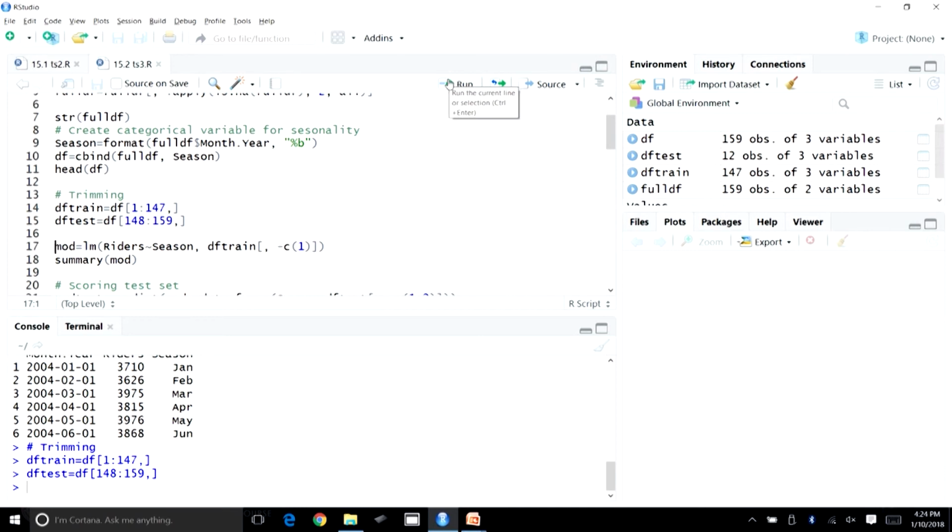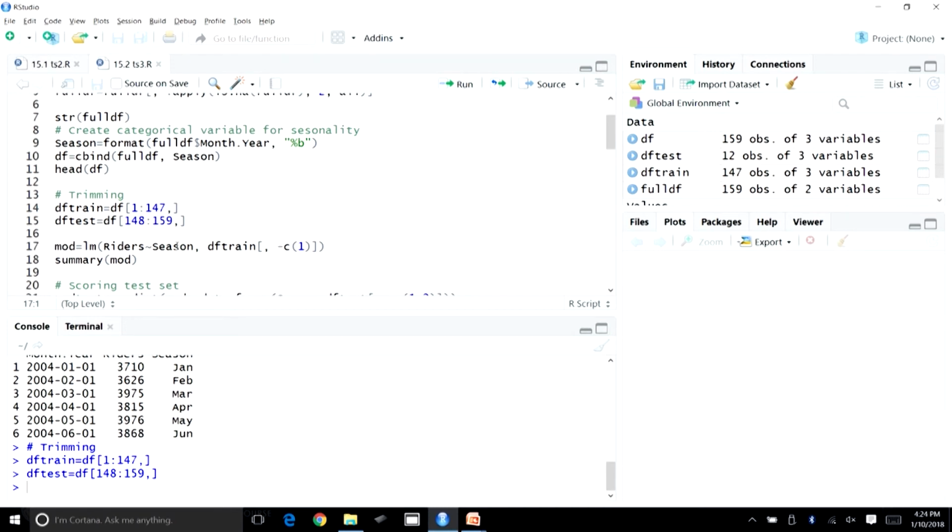Now, if we look at the model, we are calling the lm function, and you see that we are regressing riders against season. So, you can see we are not including the time index here. We are just trying to model only the seasonality component, though we have understood from this lecture and previous lectures that the trend is present, and we were able to see the results also that the quadratic trend was able to adequately capture the pattern.